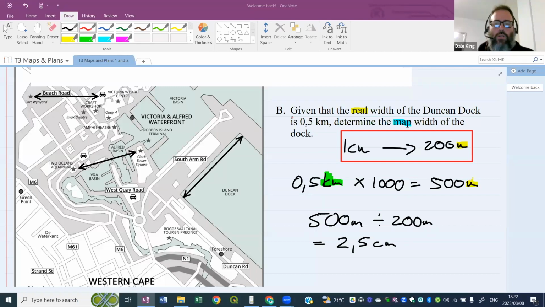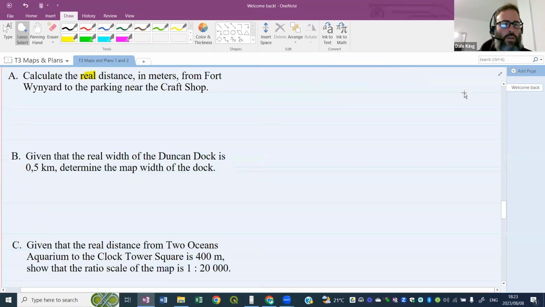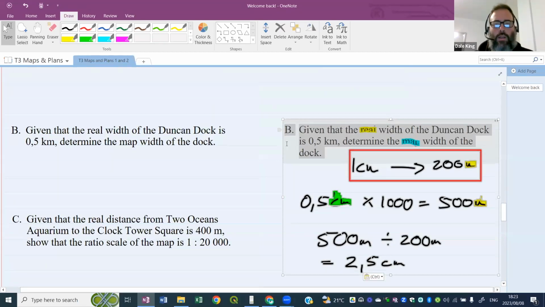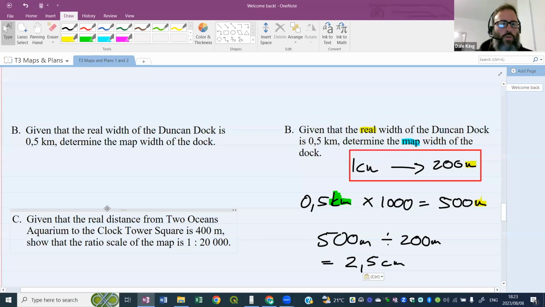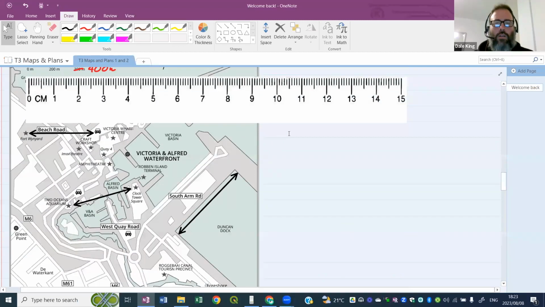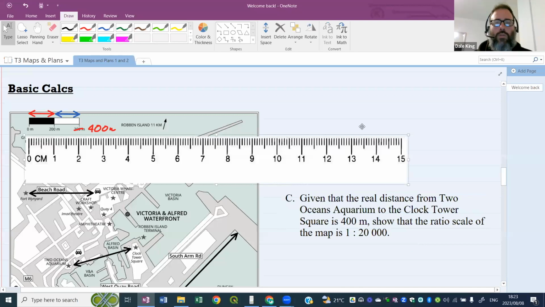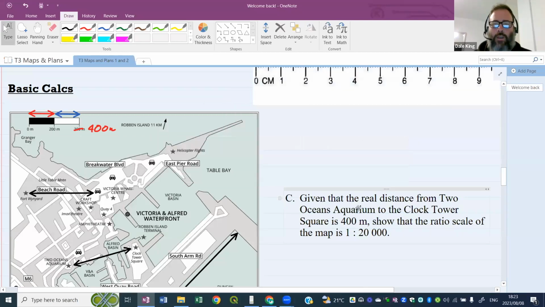All right, moving on to the next question. I hope you guys are okay with question B. Let's move on to the next one. Another common scale question that comes up here. Let's see if I can copy this back so that we don't lose it. All right, let's go check what the next one is. Yes, the next question, it's question C. All right, I'm going to put it up here for us. I'm going to move my ruler out of the way. Don't need that. So it says, given that